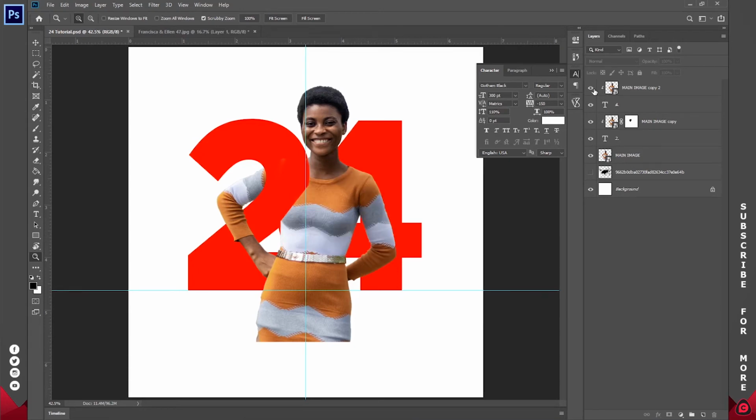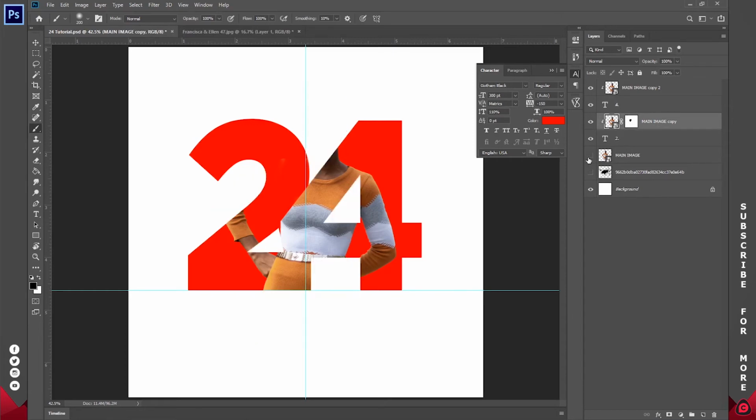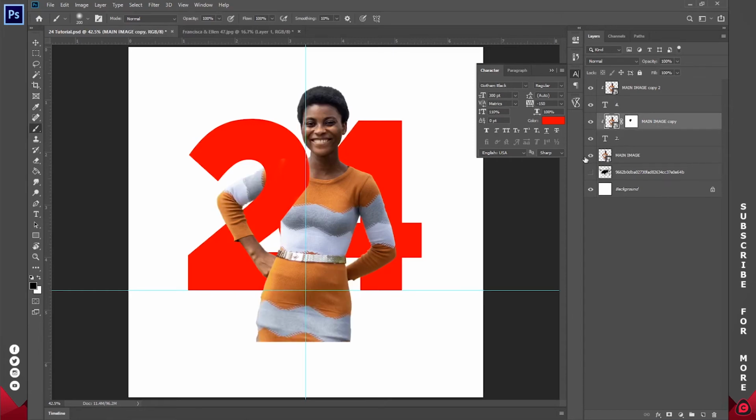Everything is looking quite perfect already. So what I'm going to do is, since this is on top of number 4 and this is on top of number 2, they are only showing at those areas. I want to take away certain portions of the main image. So with the main image selected, go into rectangular marquee tool and create a selection around that area, because I just need the